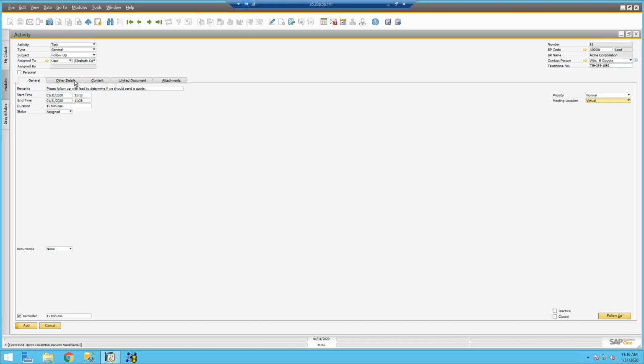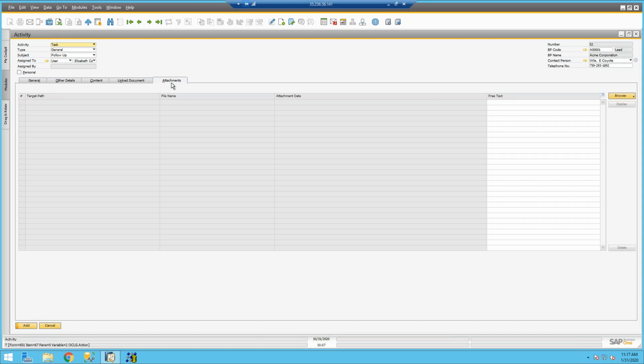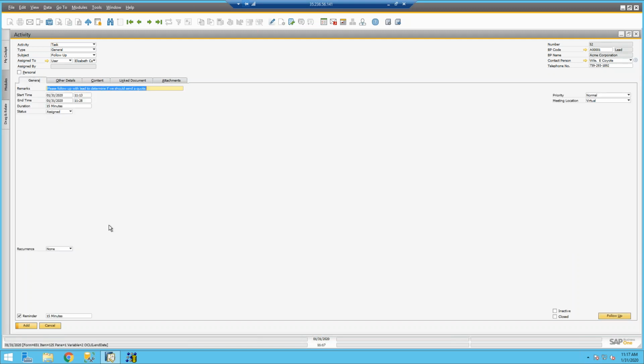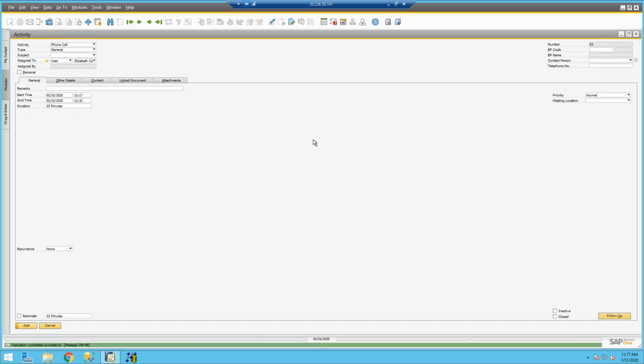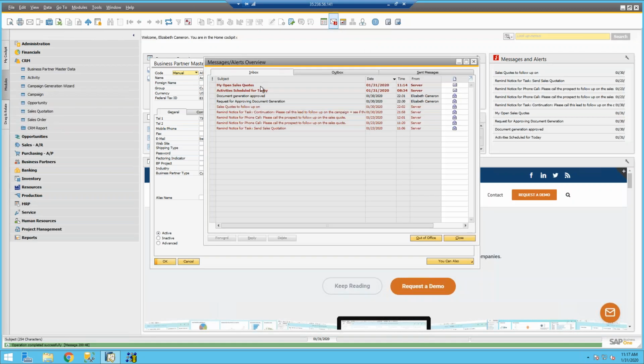I won't cover these in too much detail, but we have a lot of different tabs that you can use to hold more information on this activity. This content tab for more detailed information, linked documents here if there are any sales quotations or sales orders that are linked to the activity, and any kind of attachments you want to use here. So we'll go ahead and add this activity. And in just a moment, you'll see an alert pop up for me. So this will be my